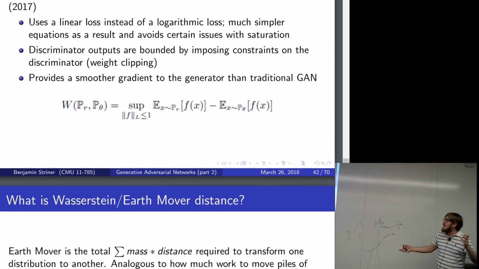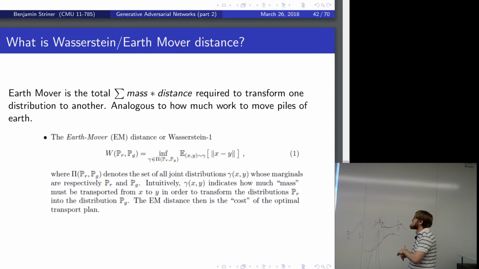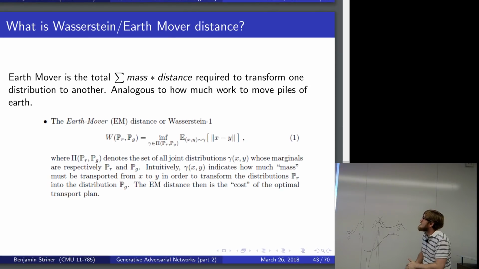So why the name? This is an important aside. I don't know if you guys actually know what Wasserstein or Earth Mover relates to. This is kind of what we were talking about earlier, about people starting to have more of a "hey, math and machine learning can get along" discussion. But anyway, Earth Mover is the total mass times distance that you have to move to make one distribution